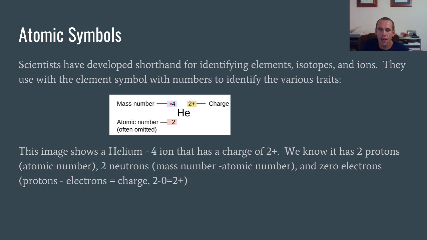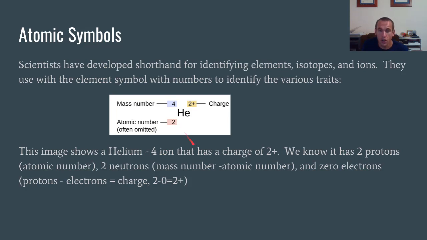So mass number in the top left, atomic number in the bottom left if it's there, and charge in the top right. Also notice that the charge symbol, plus or minus, is written after the charge amount. That is the correct way to do that. So this says this is a helium-4